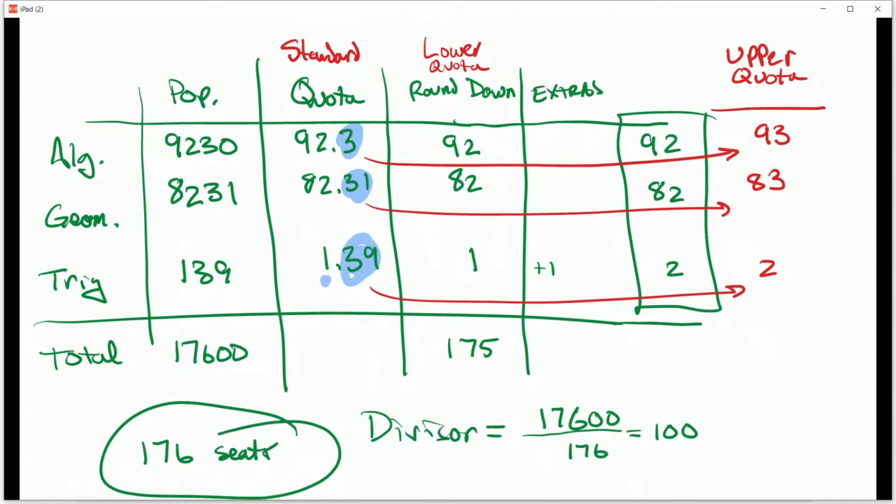Same thing with Geometrina. Geometrina should always either get 82 or 83 seats. Never 81. It doesn't make sense. Why would you give Geometrina 81 seats? They deserve that many seats. Algebrithia, either 92 or 93. So that's the significance of the upper and lower quotas: in one sense, that's a way of evaluating whether or not your